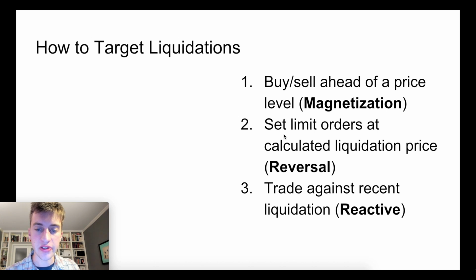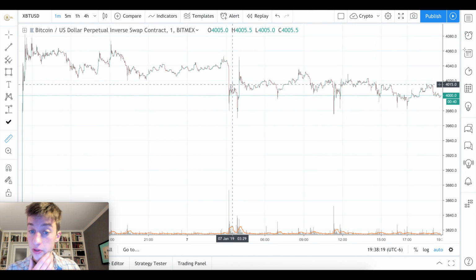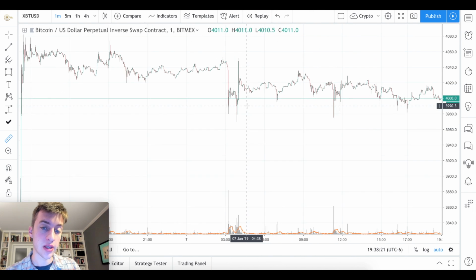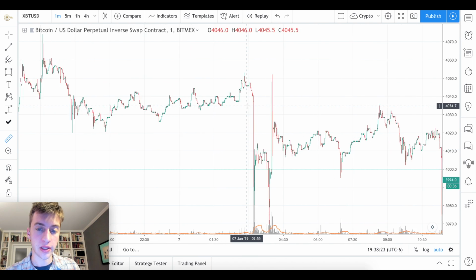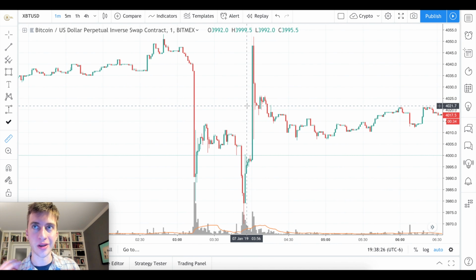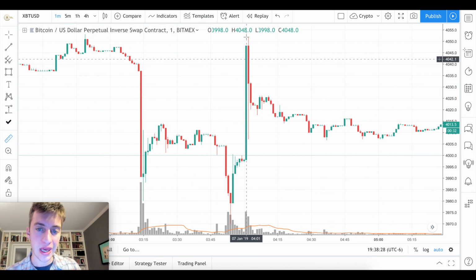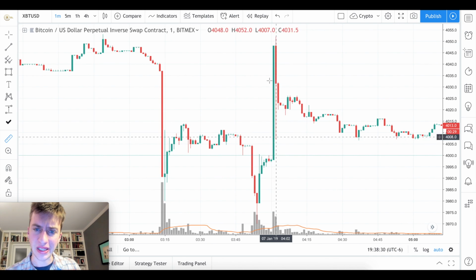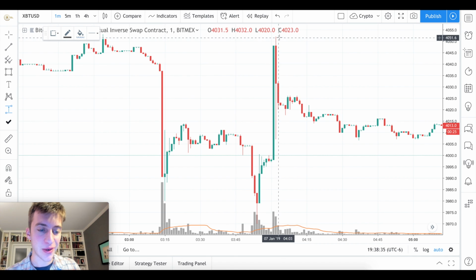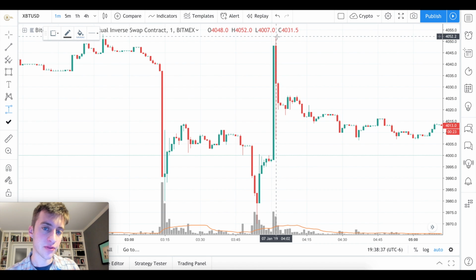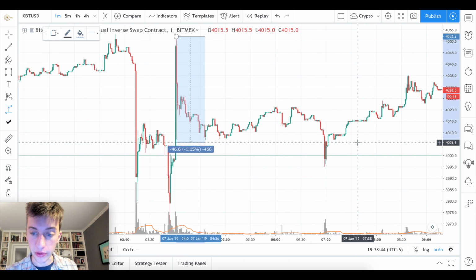The second method is to set limit orders at a calculated liquidation price, betting on a reversal. So more often than not, when traders get liquidated, in the short term, price goes in the other direction. So if you calculate, for example, let's say you made a quick 30-second calculation and you say, I'm seeing a lot of buying here. I want to buy when price goes down 1.47% because that is where the 50x longs will be liquidated. Well, down 1.47